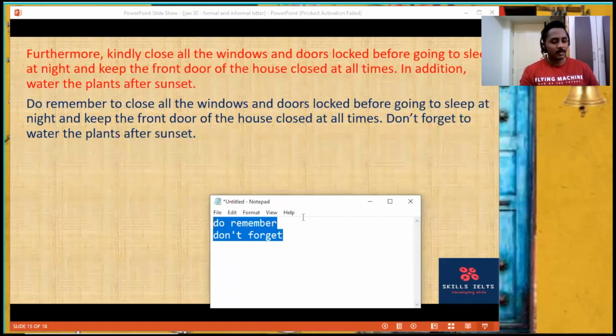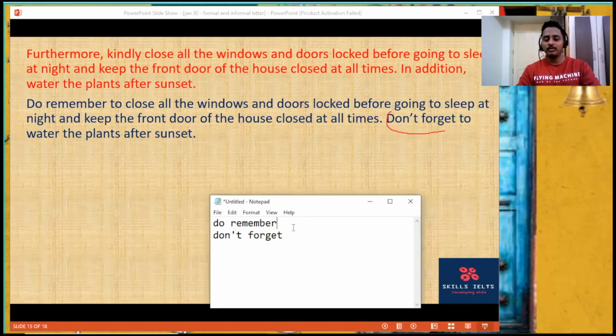I missed it, Saga. Probably you can just WhatsApp me. "Don't forget to see here." "In addition," don't write that. Instead of "In addition," you can say "What are the plans after sunset?" But this is actually making a nice gesture. "Hey, do not forget." And don't use "do not." Wherever you get a chance, use the apostrophe, the short form.